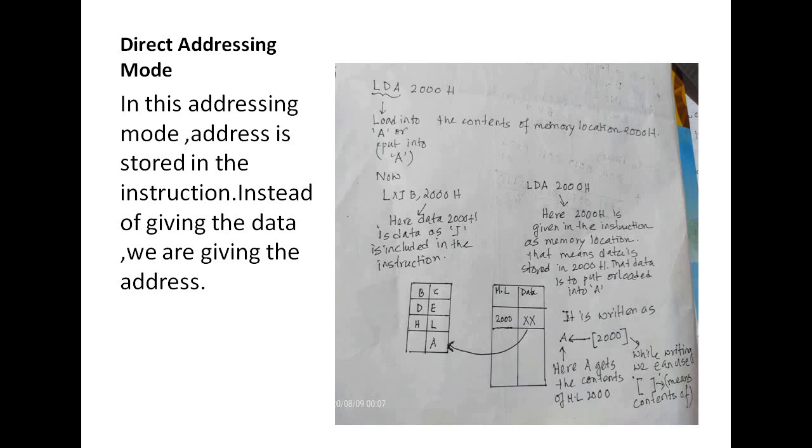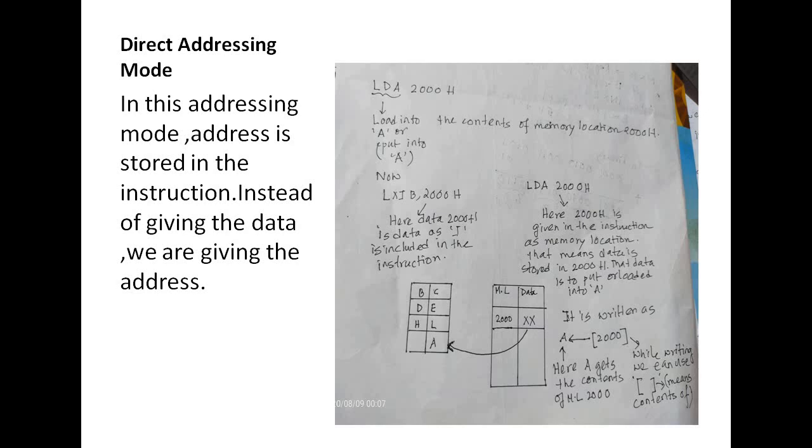What have we done first? We have done immediate addressing mode first. The data was directly given in the instruction, the operand on which you want to operate was directly given in the instruction. Then we studied register addressing mode. The operand on which you want to operate was given where? In the register, not in the instruction itself. In the register, first you have to store the data and then you have to access the data.